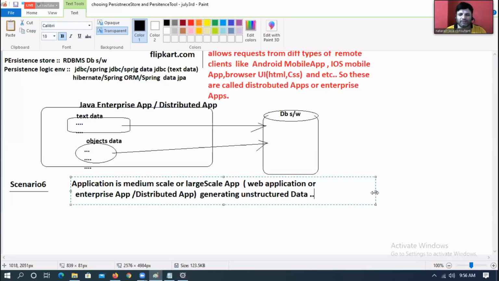So I don't think people will use SQL and NoSQL database software together. In my experience, I never felt it. Maybe in rare cases it may happen, but in my experience, I never felt. Because initially only they got the clarity: is this structured data or unstructured data?